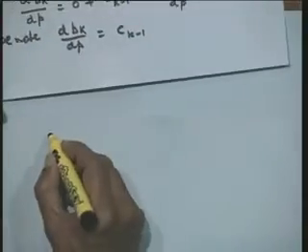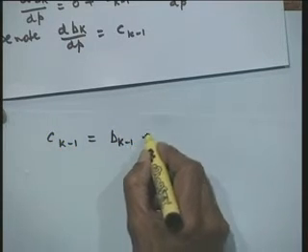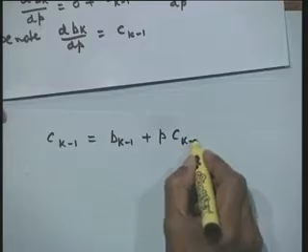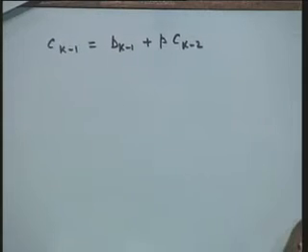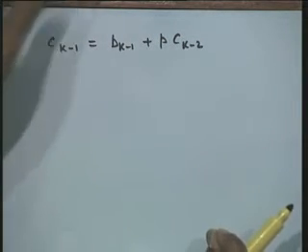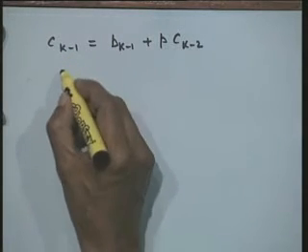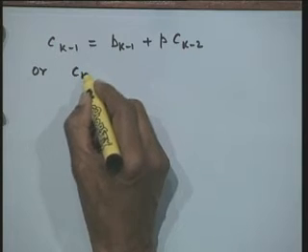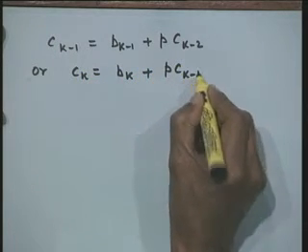Therefore, this equation can be written as ck minus 1 is equal to bk minus 1 plus p times ck minus 2. Now, if I put k equal to k plus 1, I could rewrite this simply as ck is equal to bk plus p times ck minus 1,